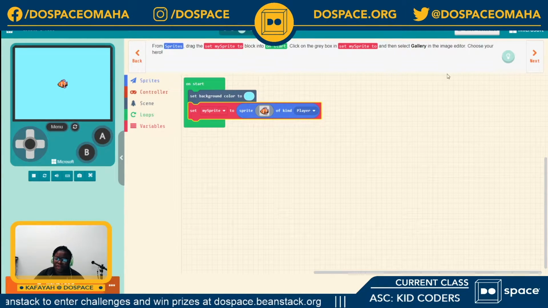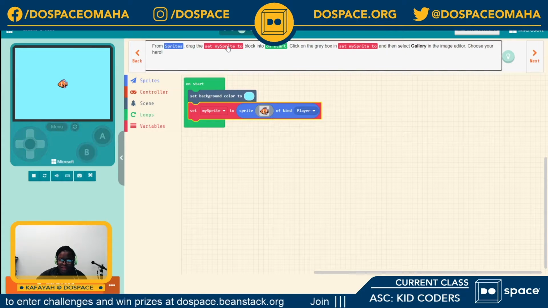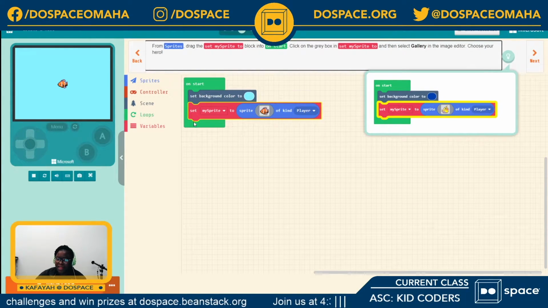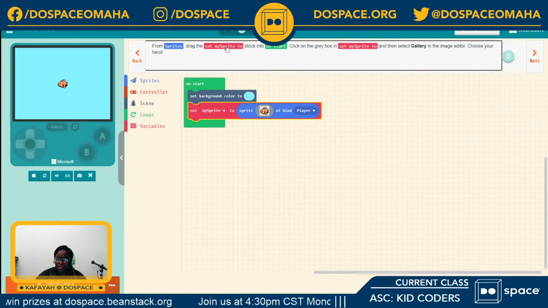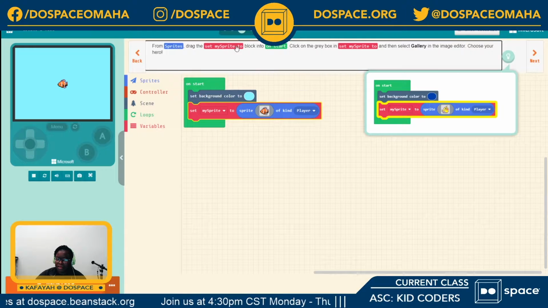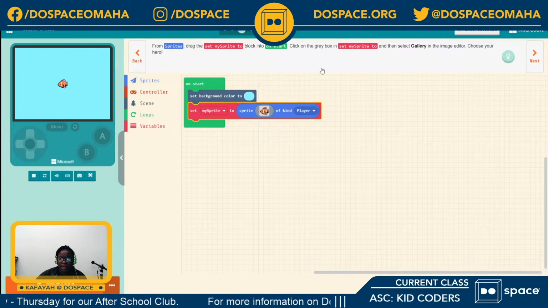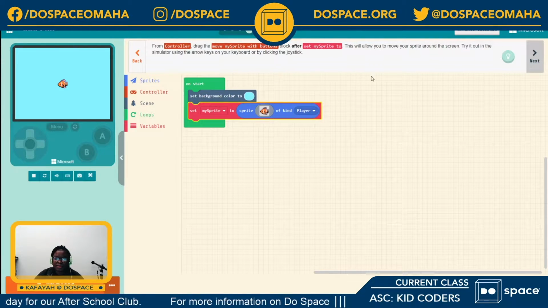Moving on. So now that we have all of that set, a good way to compare your answer would be to click on any of these blocks right here in the instructions, and it should show you what you have, and you can just compare and contrast with what you have for yourself. And that looks about right, except we have a fish here instead of a duck, and that is fine. Now we're going to move on to our next step.